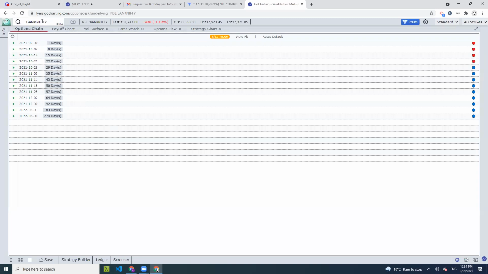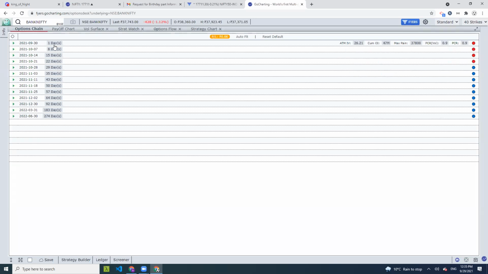But the moment you press on Bank Nifty, for example, like I've done here, you will see the Bank Nifty quote, the open, high, low, close, which are important, in the quote panel. And then you will get to the options chain panel here. Now, in the options chain panel, you will see basically all the option series associated with Bank Nifty, and